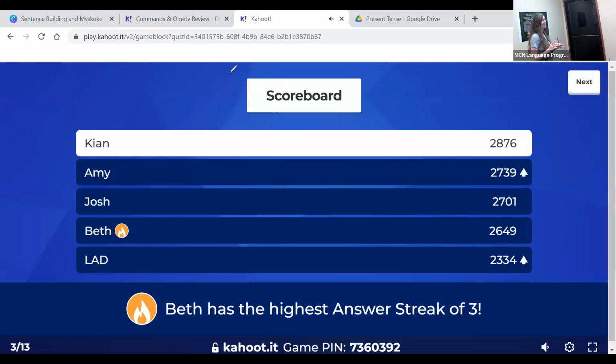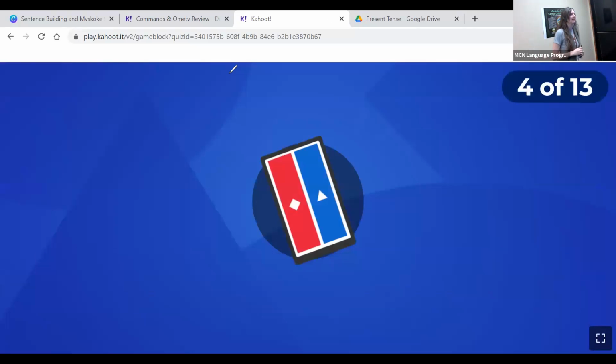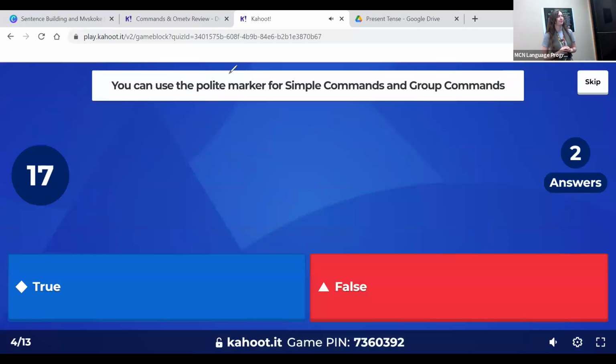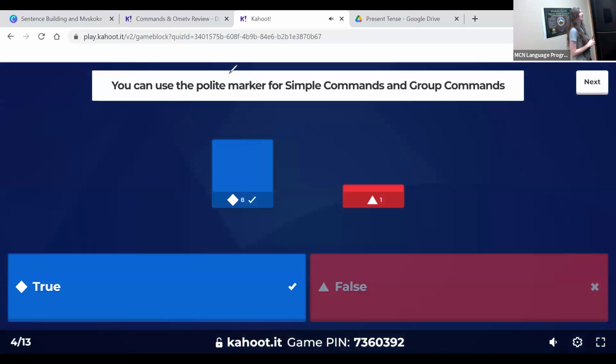Ooh, Beth has an answer streak so far, but Amy's coming for Kian's place and Kian's not letting it go. Okay, true or false? You can use the polite marker for simple commands and group commands. Nice. The answer is true. So our simple commands, that's the us. Our group commands, that's the ux. You can, it becomes